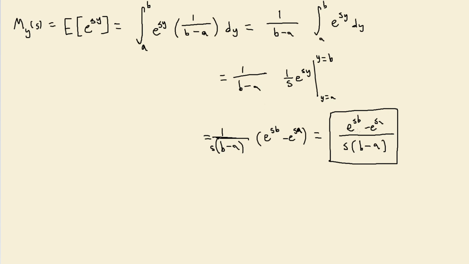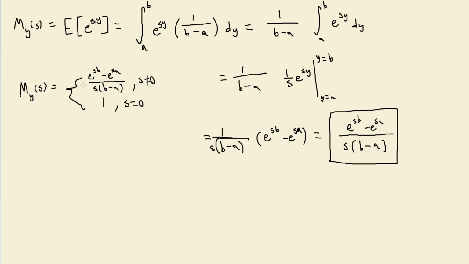Technically, I lied. This is not the full moment generating function for this distribution. Technically, the full definition is going to be a piecewise function. That is the worst bracket I've ever seen. But if we write the expression, you would have e to the sb minus e to the sa, divided by s times (b minus a) when s is not equal to 0, and it's just going to be equal to 1 when s is equal to 0. And so this is the actual